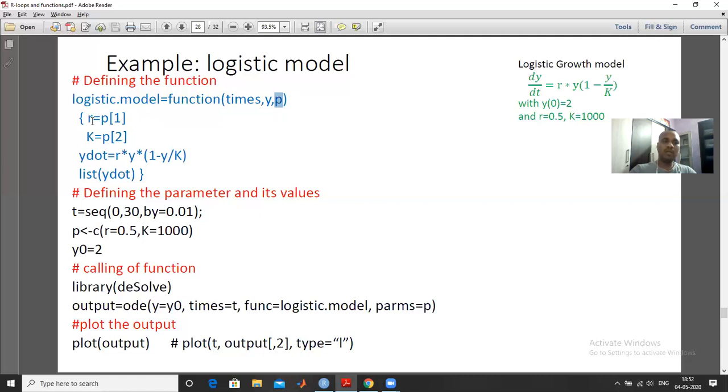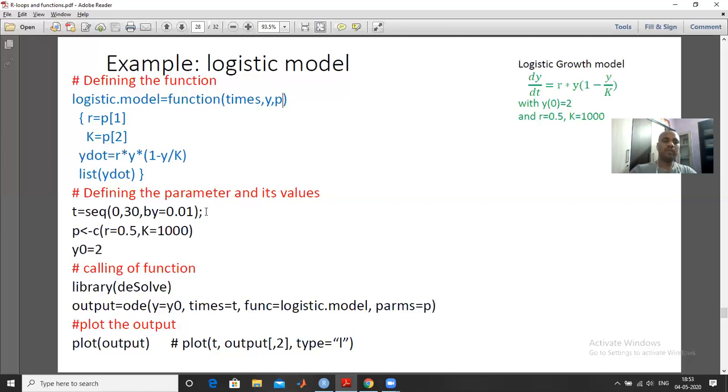R is the first parameter and k is the second parameter, meaning the first element of p and the second element of p. Since p is a vector, the first element of this vector is defined like this: p1 is r and p2 is k. So I can use r and k, and then it will return the list of y dot, similar to the previous case.